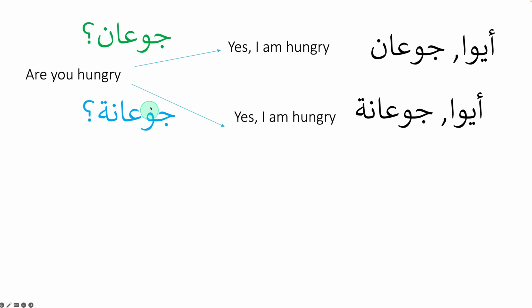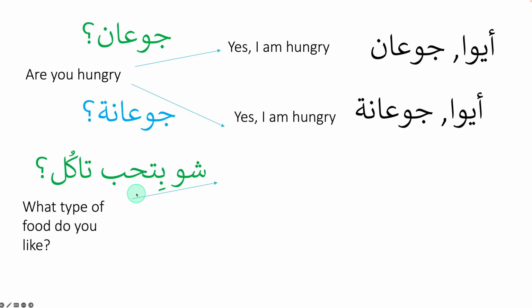And if you're wondering what this form is, it's called the active participle. If you're interested to know more about the active participle, I have made 5 dedicated tutorials about it, where I talked about it in greater detail and covered pretty much everything. So check the grammar section or search the library for the active participle and you'll come across at least 5 sessions, if not more. As always, time is not spared, so they're very lengthy and full of details.